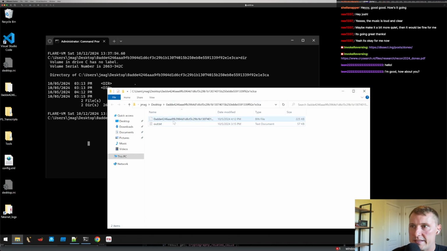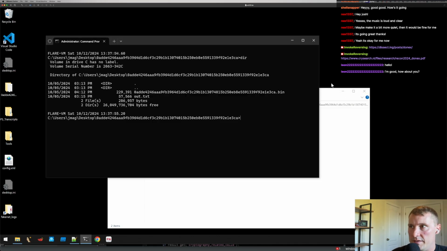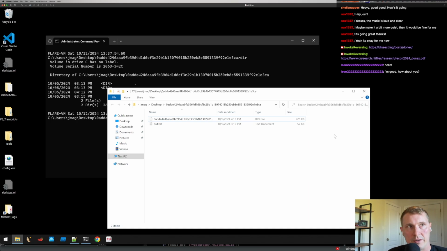So I have my sample already here. And that way, if I restore the snapshot, I don't have to recopy the malware file and restart everything. So that's basically what I've done here. So